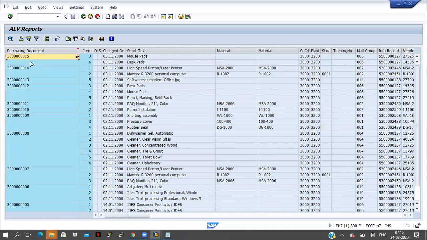So here the data is coming in descending order, 3 algebras 15, 3 algebras 14, and here data is not coming because the data is repeating. If the data repeats, it won't come again. 3 algebras 8 is coming, but then it is not repeated, and the item number is different. Item numbers 1 to 6 are there for 3 algebras 8. So in the first line 3 algebras 8 is coming, but in the remaining 5 rows it is not coming.